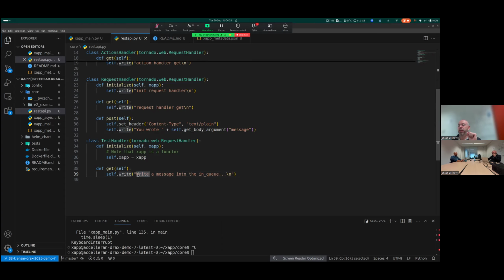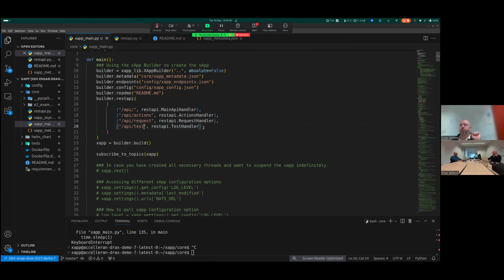So here we can put something like, yes, you hit the get endpoint of the test API. Wonderful. And that's it. That's all you have to do. So you define the callback here, and you define the actual endpoint over here.